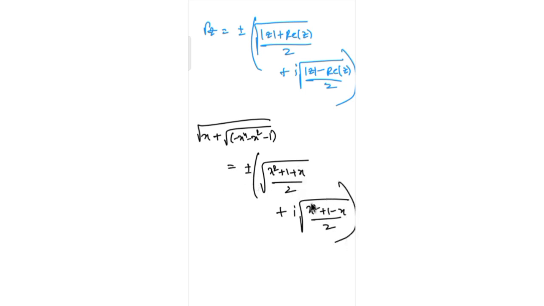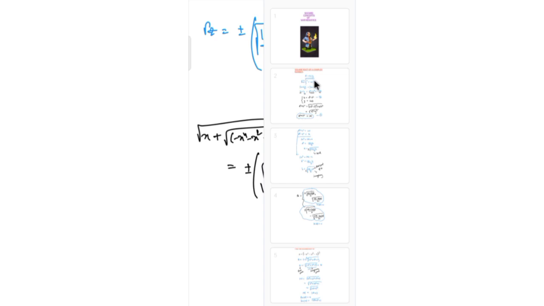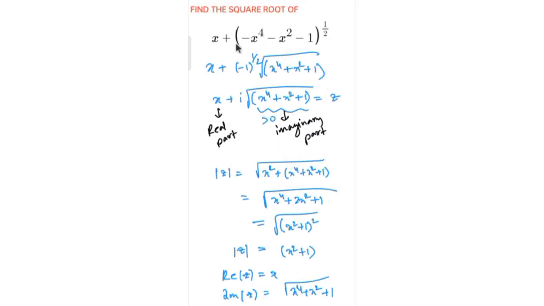So we're going to get two roots, that is, if you take plus we get one complex number, and when you take minus we get another complex number. So this is how you need to find the square root of a complex number. The importance of this question is that all the terms here are real, we don't find any complex term, but if we take this minus 1 as the common integer, then we get the i value here.